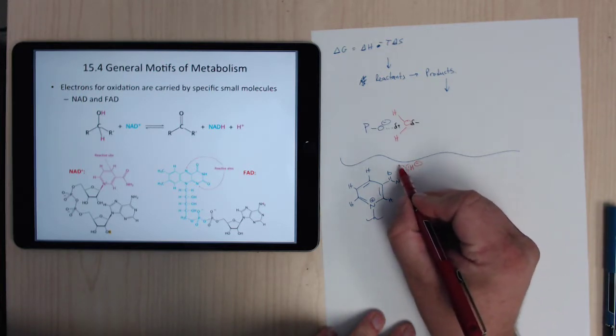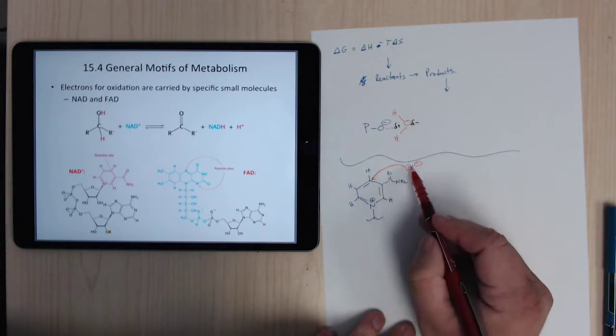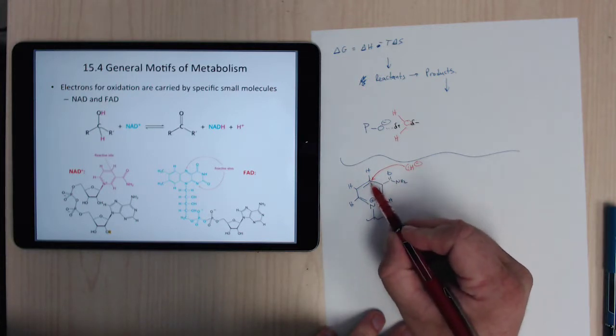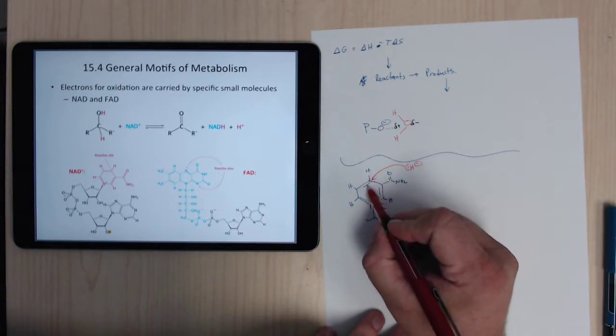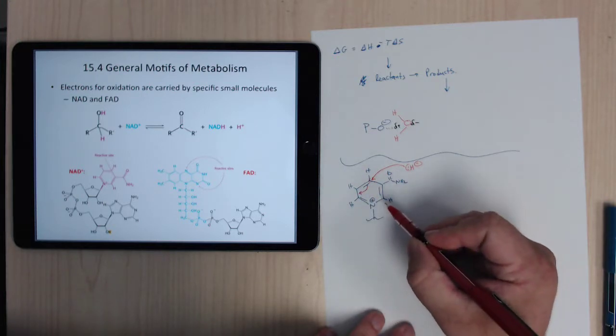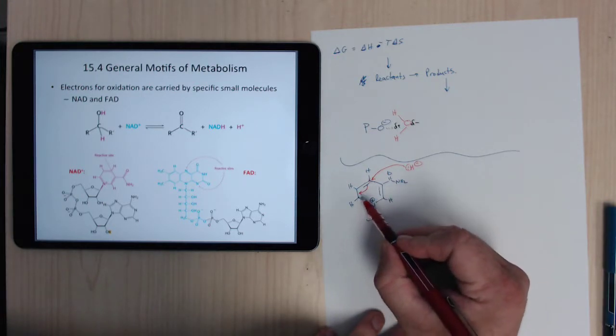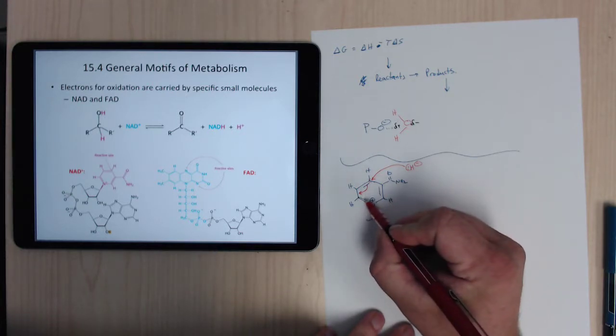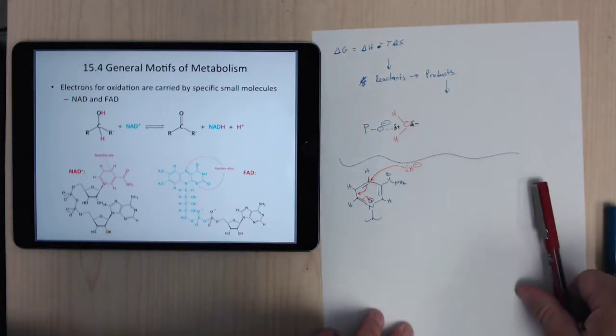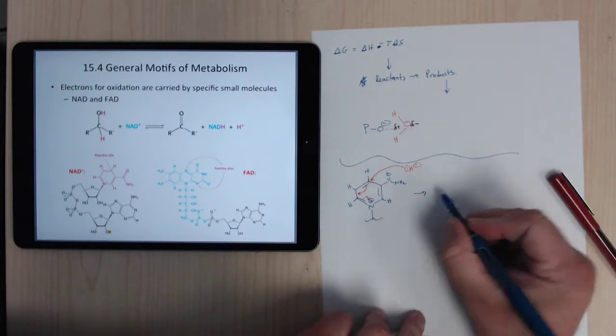What's going to happen is you're going to get a new bond here. It's going to attack here, but this carbon already has four bonds, so it's got to get rid of one. The easiest one to do is push away these pi electrons here. The problem is that carbon also has four bonds, so the easiest thing for this to do is just push it onto that carbon or that nitrogen, and so you end up with